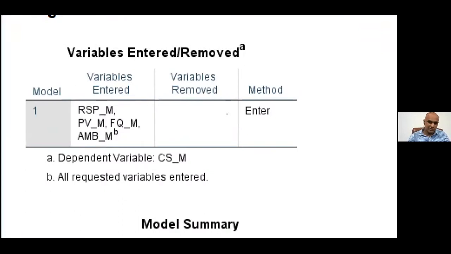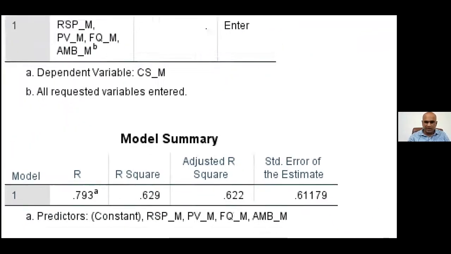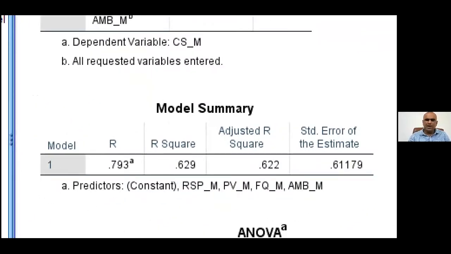It gives us the details. It's showing me the variable it has run. It's showing me the method. It's showing me which one is dependent and so on. Now, this is the model summary. That means altogether, all four variables,